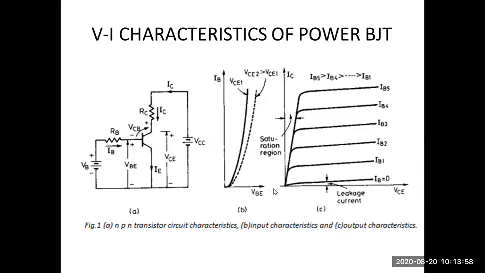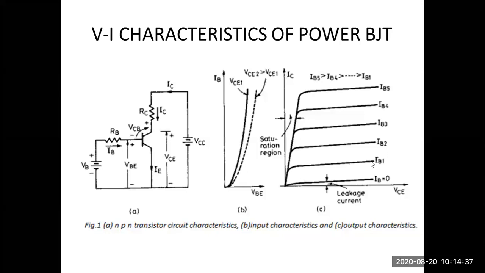Coming to the output characteristics, what is the case here? With a fixed input, the output collector emitter voltage is raised. So what about the collector current? Look here. Initially, the base current, the input current, is zero. So this is the curve. Input current zero means the circuit is open, there is no current, but there will be some leakage collector current. Forget about the IB0 case.